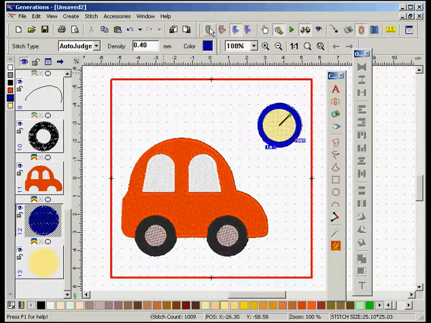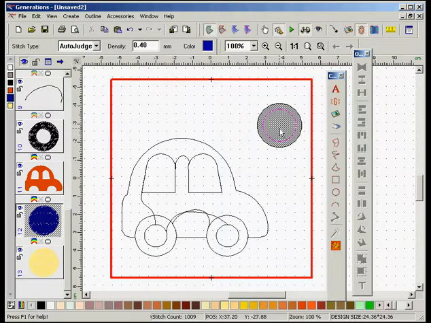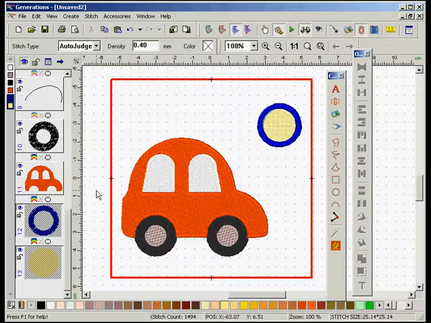I'm going to select the first one and I'm going to create a void using existing area and cut out the centre. Both of these are still auto-judged. Don't worry about it. Okay, now I'm going to grab my rectangle or square tool, hold down my control key, and I'm going to drag a rectangle shape